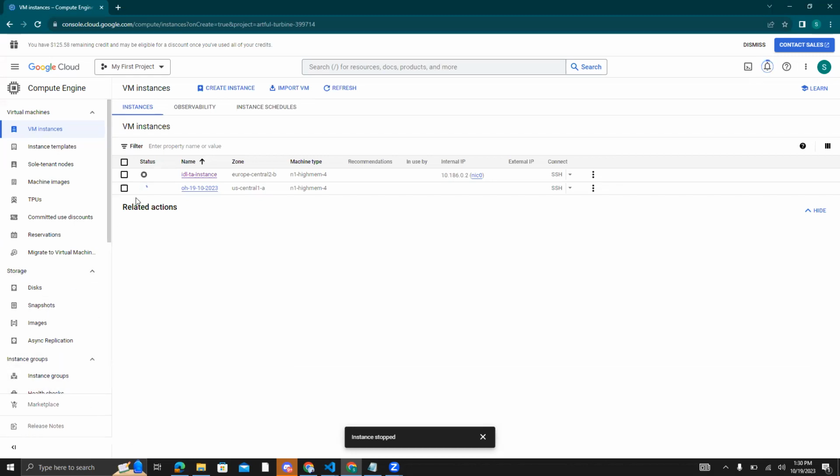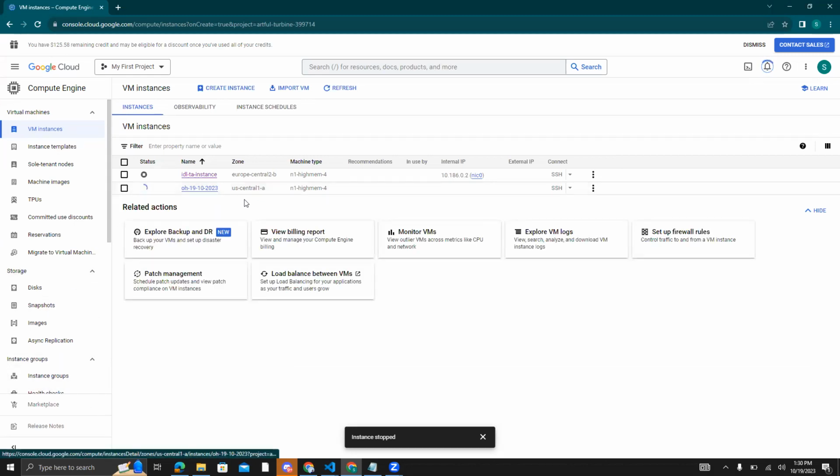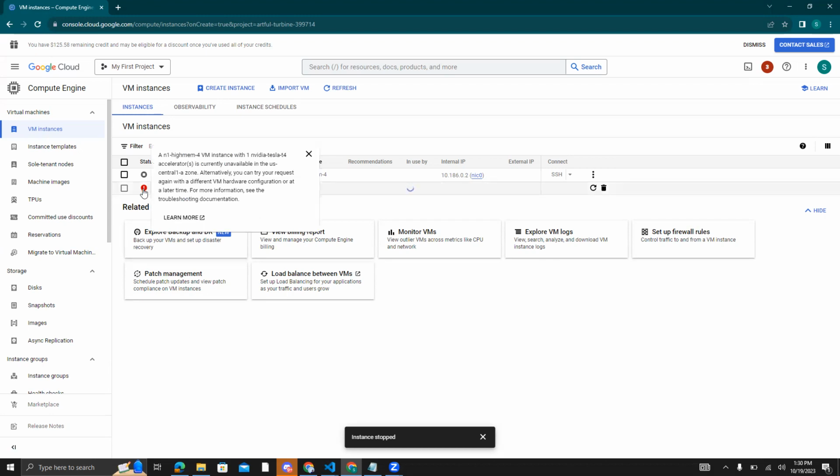Now you can see that our instance is starting here. This one I just created. So now we have this one. You can see that this instance we have created is not available in this region. And this is one of the issues most students face when they are creating an instance on GCP. So what you need to do is go ahead and